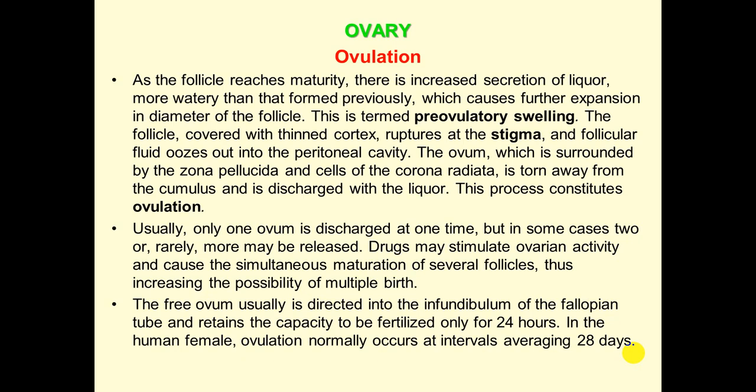Very interesting that in a mature adult girl, every 28 days only one ovum appears, and usually a woman can bear only one baby, but sometimes